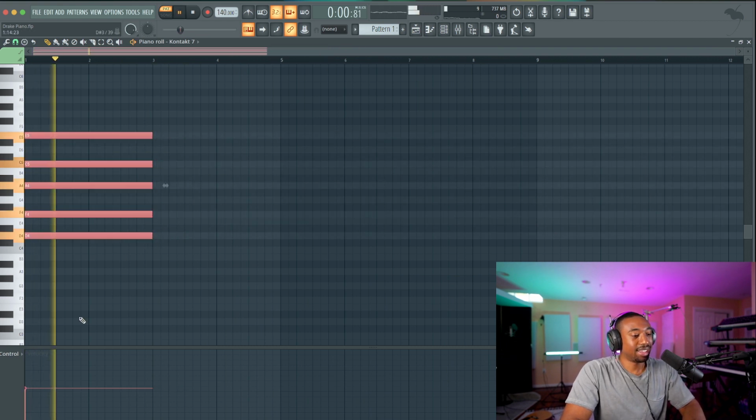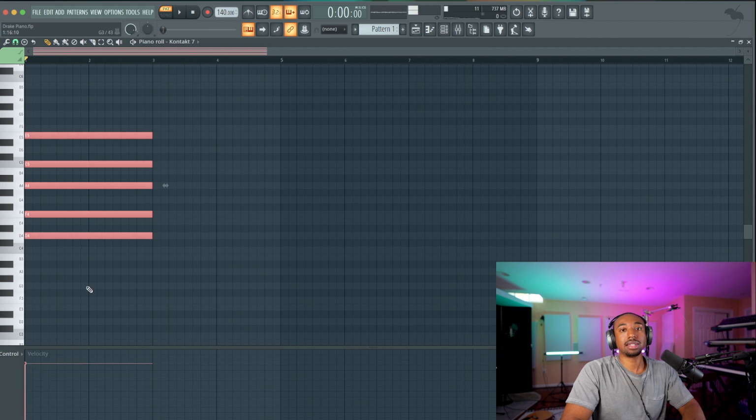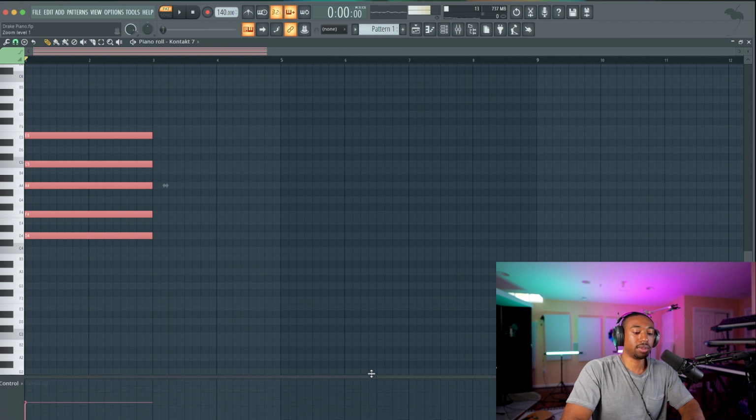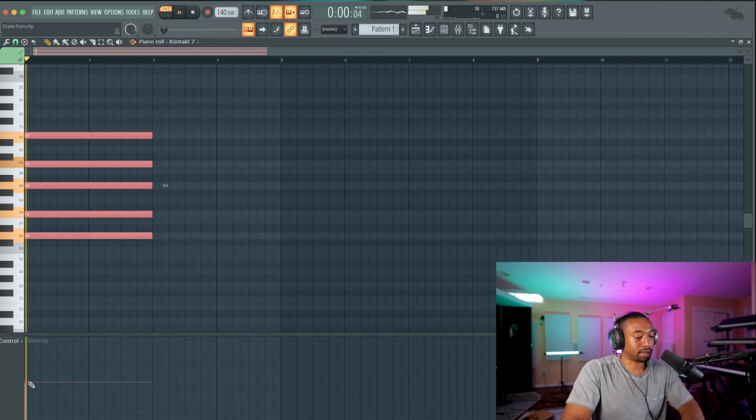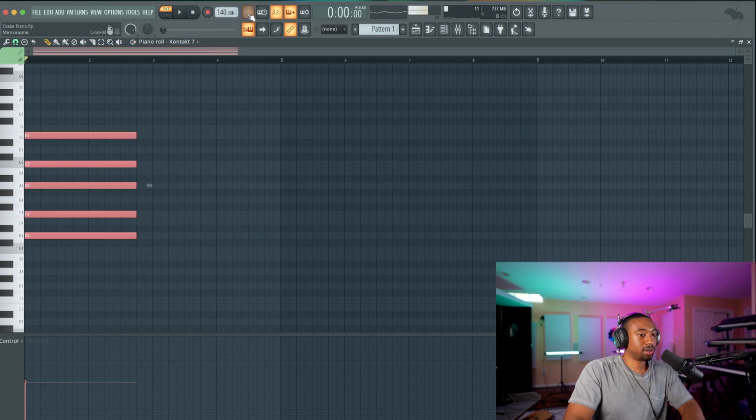Okay, and then we're going to lower the velocity. If I have the velocity too high, they're hitting the keys too hard and it doesn't sound intimate. Okay, so let's lower the velocity. If you don't see these, there's an ellipses at the bottom. Just left click, pull this up and lower the velocity. Okay, so let's turn the metronome on so we can start counting.